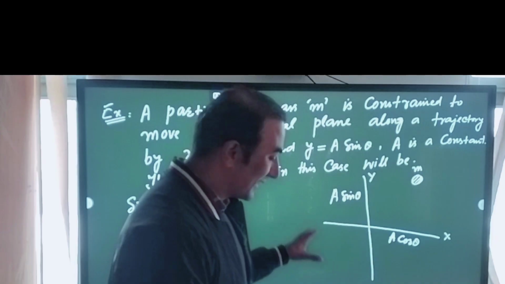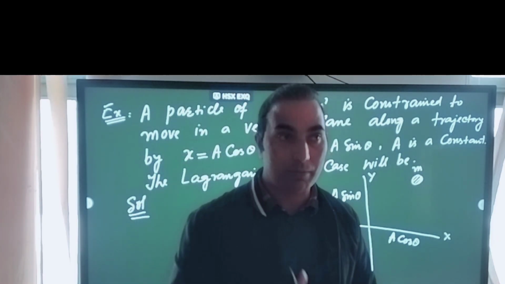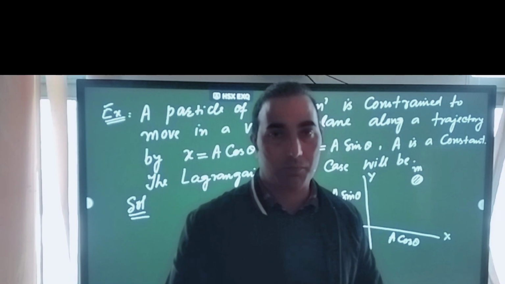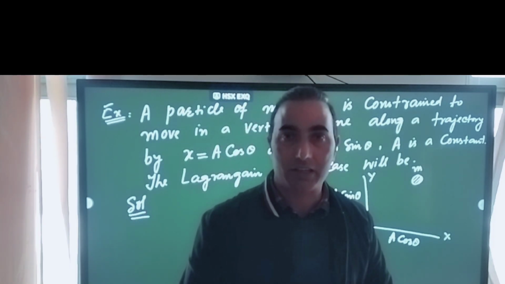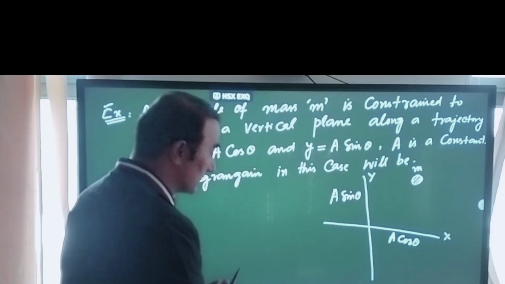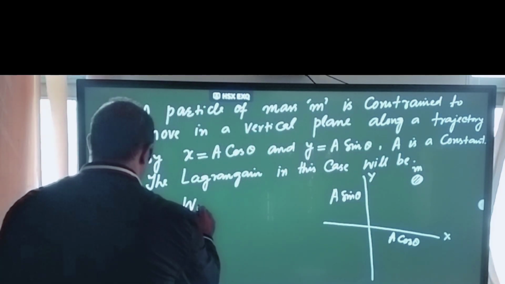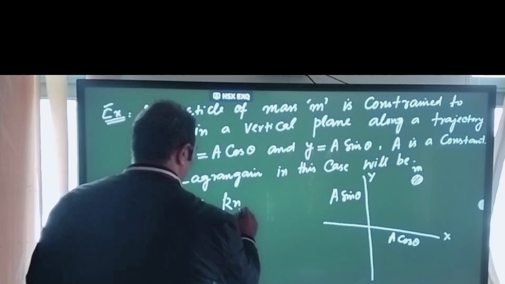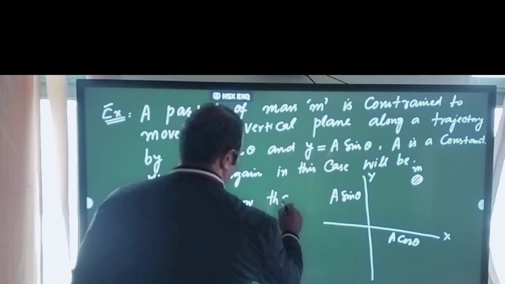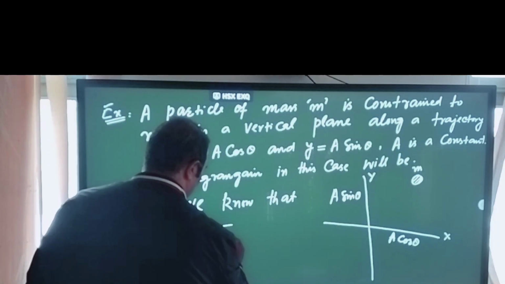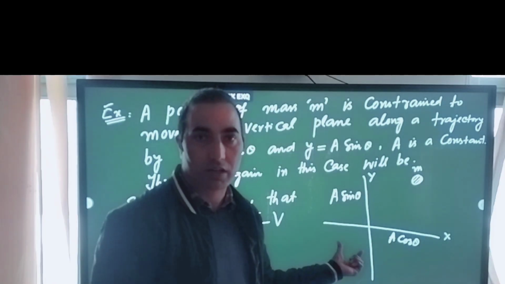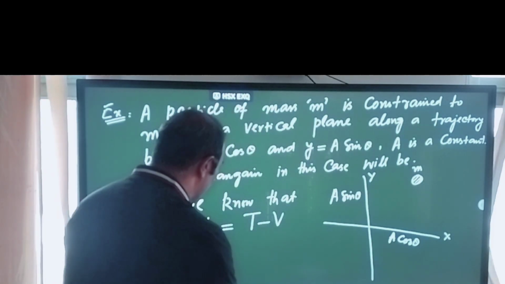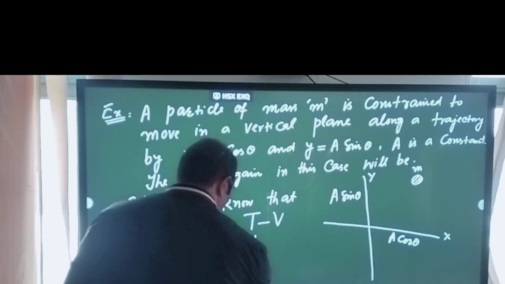First, we know that when we write the Lagrangian for a particle or a system of particles, it is the kinetic minus the potential part, right? So the Lagrangian is equal to T minus V. T is our kinetic energy, and V is our potential energy, right? So I can rewrite this as,